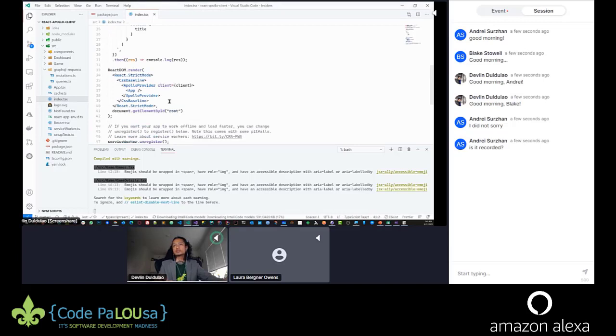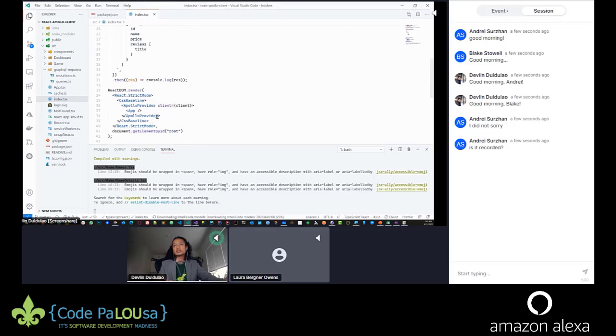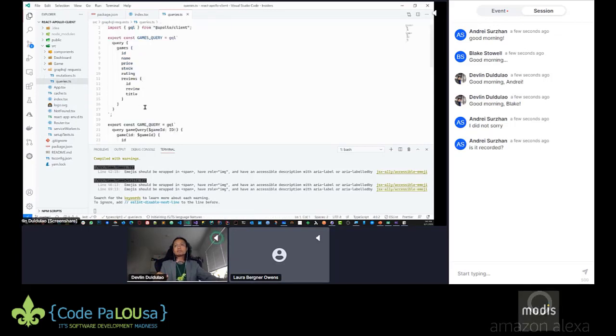No, not for now. So here, it's just a provider. You just wrap your parent component, the app component here is the root component, with the Apollo provider, and then it works out of the box. I'll give you an example here, queries. So to create queries here,